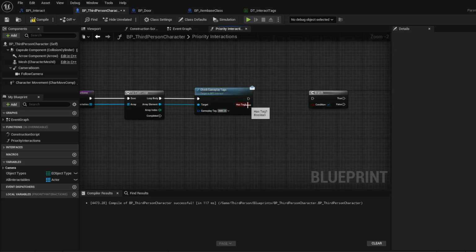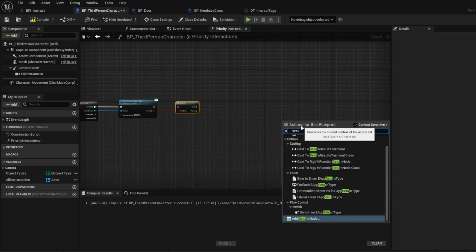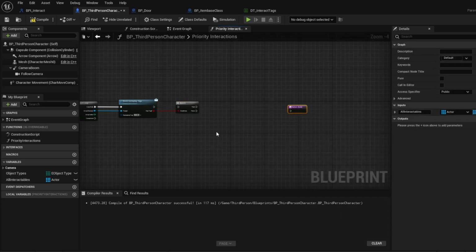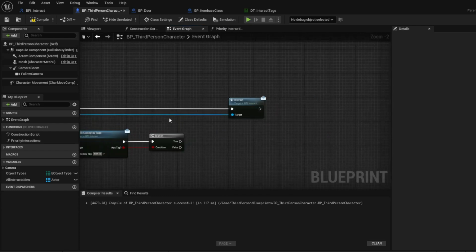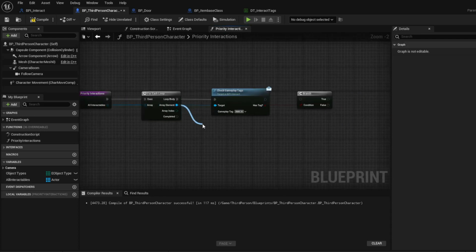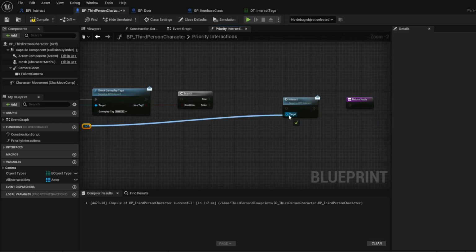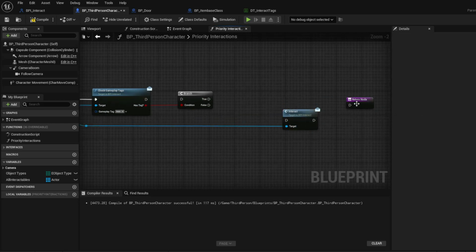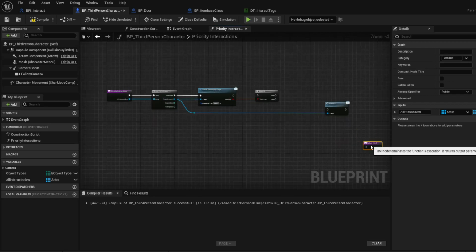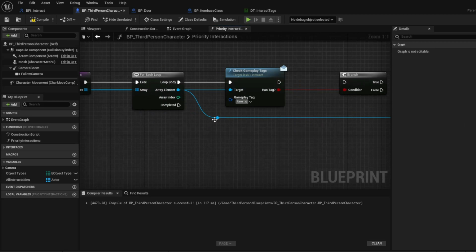Item has tag. Do a reroute here. We actually don't want to use this yet because we want the function to keep going until every interaction is done. So item